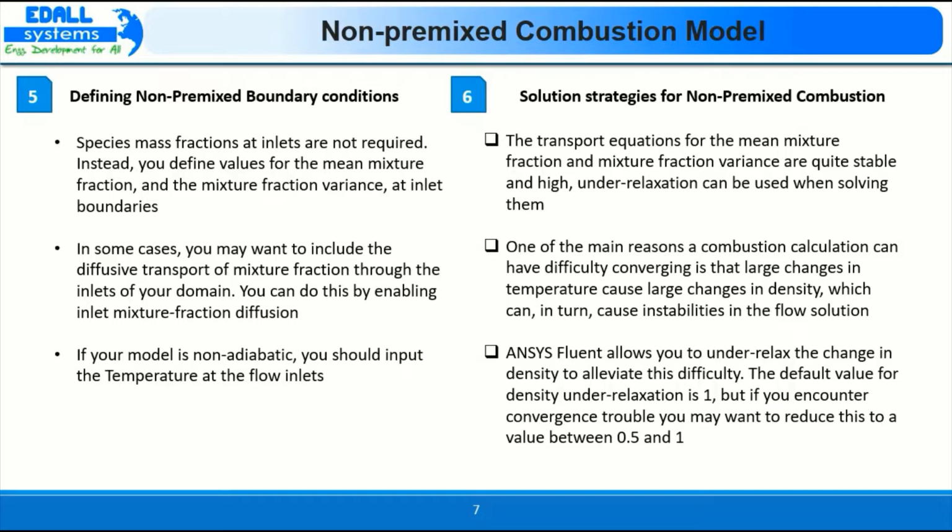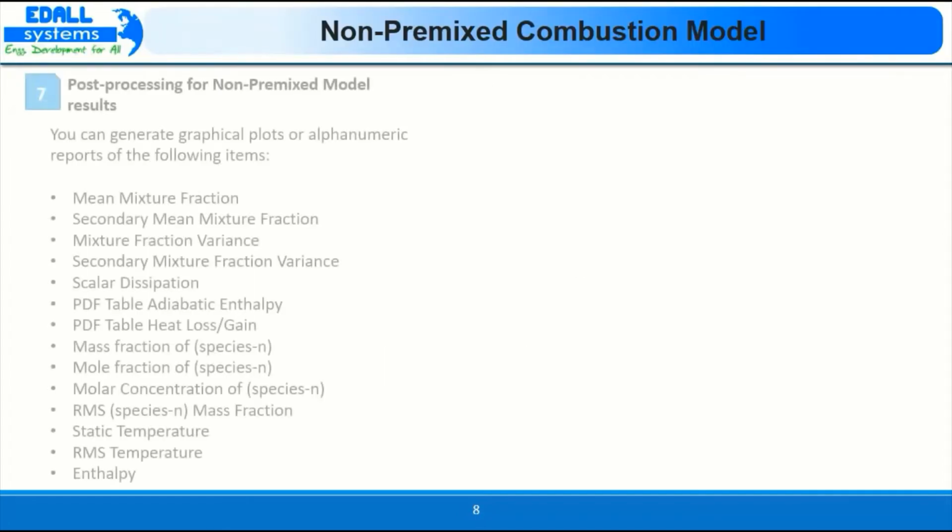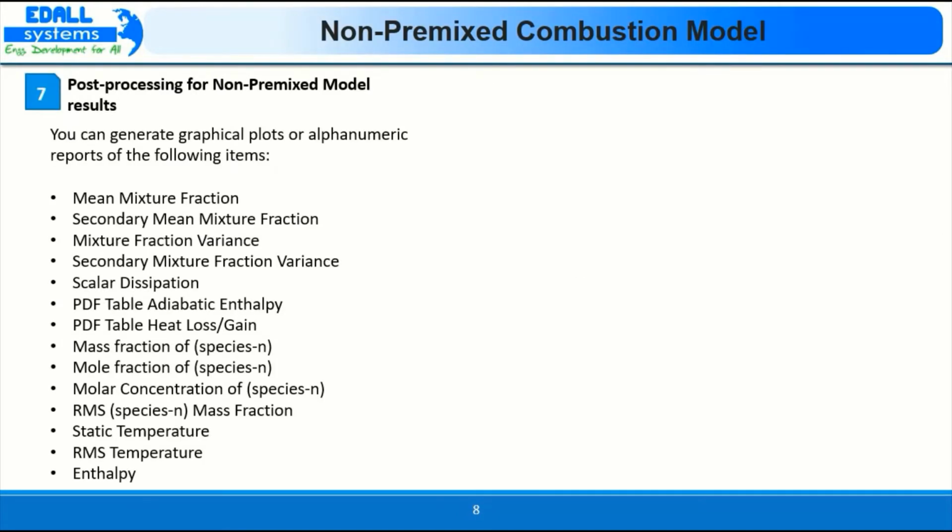So there are various strategies one can follow, mainly changing the under relaxation factors of density. Even Fluent sometimes recommends to change the value from the default 1 to a maximum of 0.5. So the next and the last step, that is after finishing everything, the simulation is done, we can generate